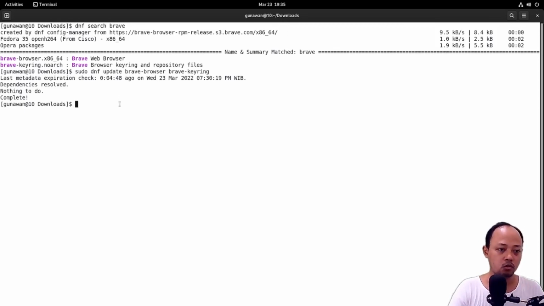So if we want to uninstall them, I think we can type sudo dnf uninstall Opera browser. Oops, I'm sorry. Opera stable, Google Chrome stable, and Brave browser and Brave keyring.